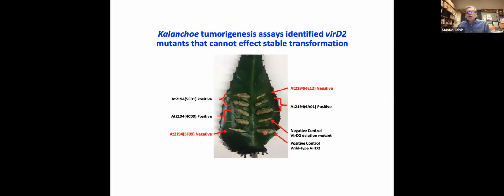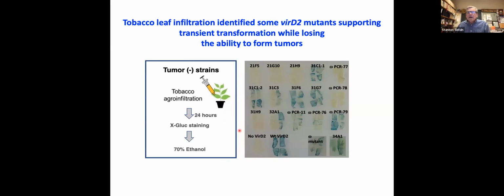Here's a positive control with a wild type VirD2. Here's a negative control, no tumors because you have no VirD2 in here at all. Some of our VirD2 mutants still made tumors. We're not interested in them. But here are two strains of Agrobacterium with mutant VirD2 genes that don't make tumors. So we're interested in those. So we take those and many other ones that didn't make tumors, and then we